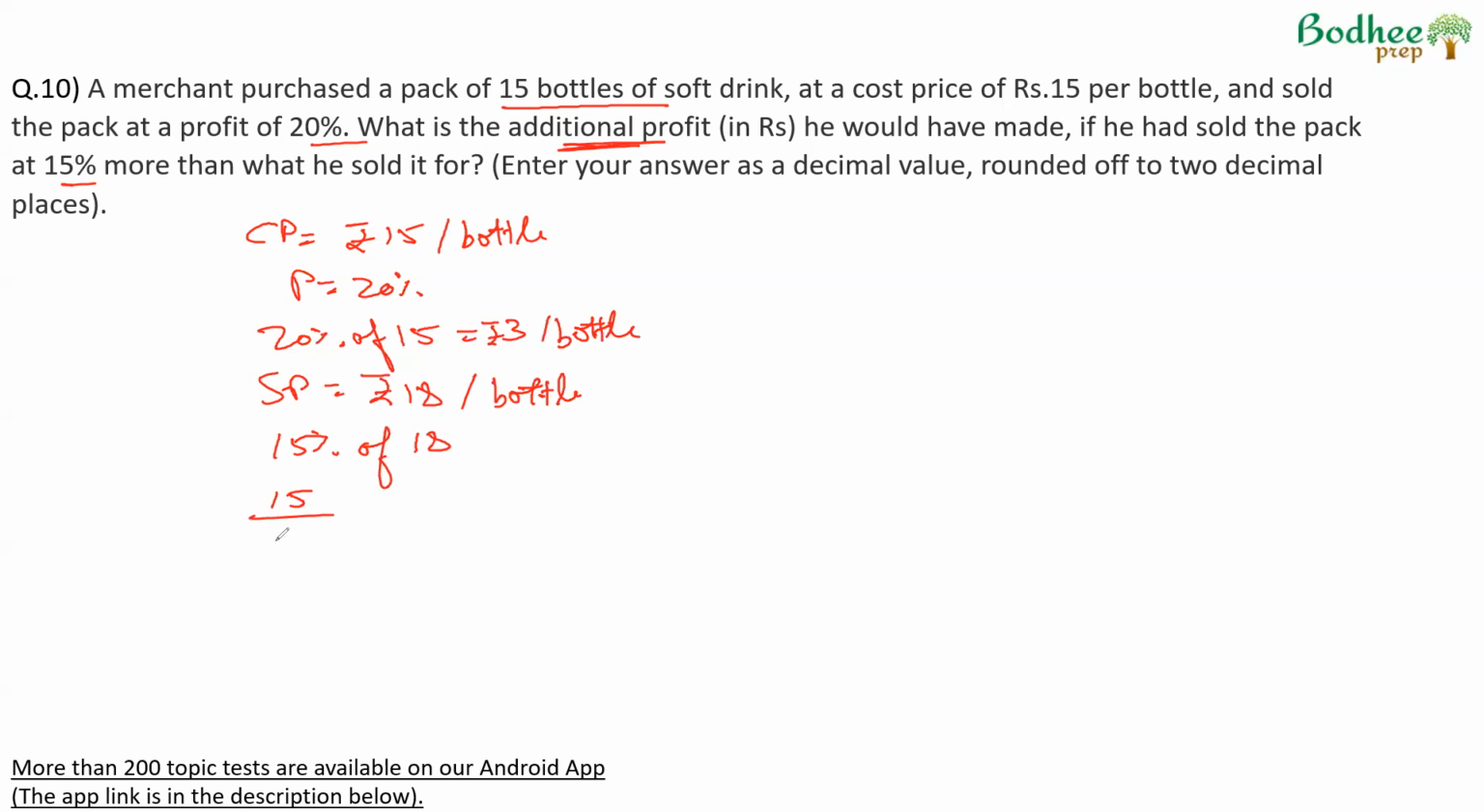15% of 18 is 15 by 100 into 18. Should be 5, 10. Okay. 5 threes are 15, 5 twos are 10, 10 and 15 is 27. So 2.7 rupees per bottle would be the extra profit. There are 15 bottles to be sold, so the overall extra profit